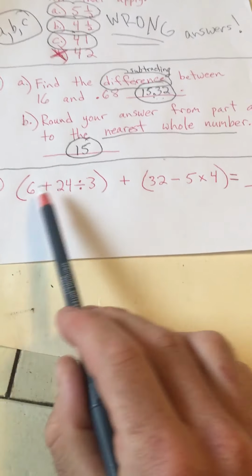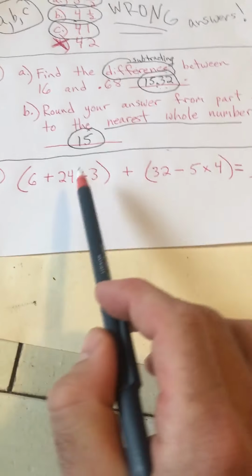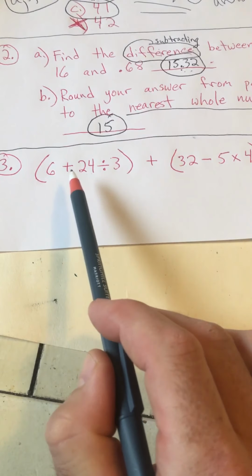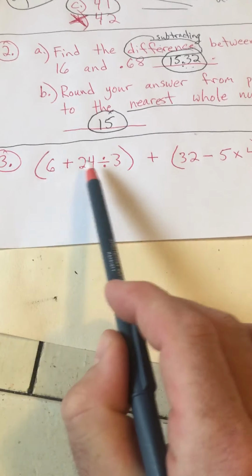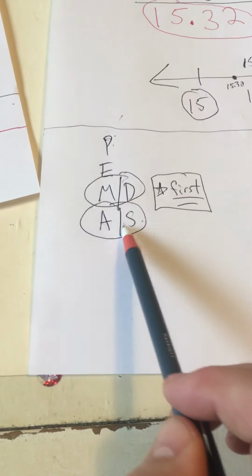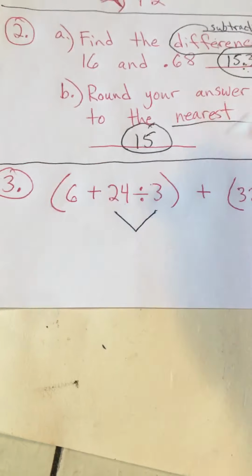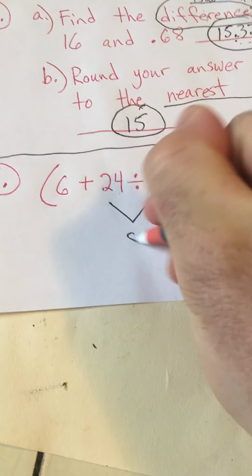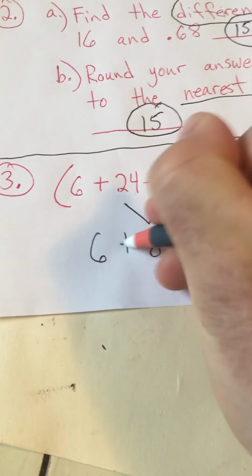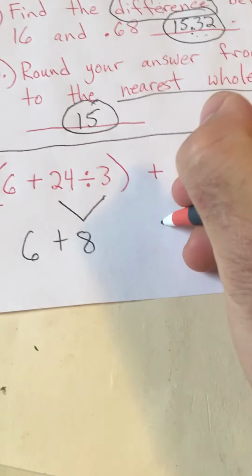So let's start with this parentheses. We got two parentheses, so we know we're going to solve inside before we do this addition. Okay, but what's difficult here is you're not going to do 6 plus 24 first, because order of operations is telling us before any addition and subtraction, we're going to do the multiplication and division. So first we're actually going to do 24 divided by 3, which is 8. And then we're going to keep the 6 here. We're going to do 6 plus 8